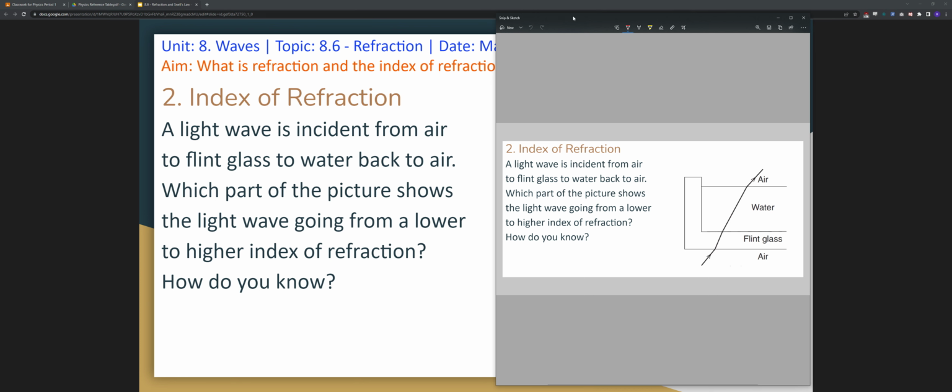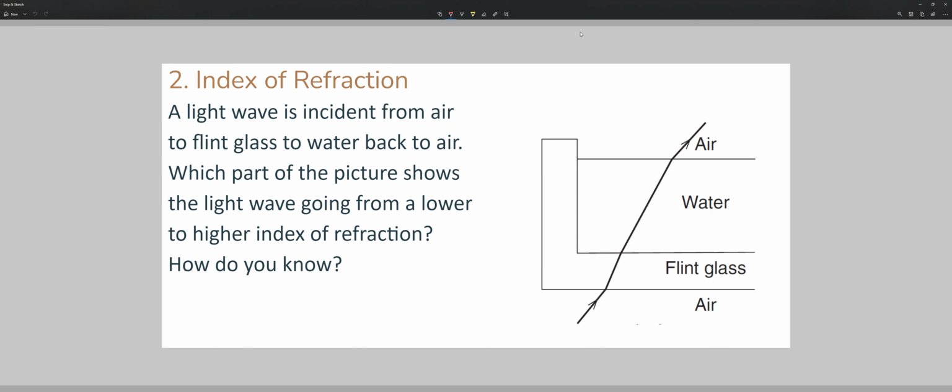There are two ways to solve this. Right, so the first way is, well, you can draw a normal line. Again, a normal line is perpendicular to the boundary between both objects, right? So you have air and flint glass. So this is your boundary. So this is 90 degrees,